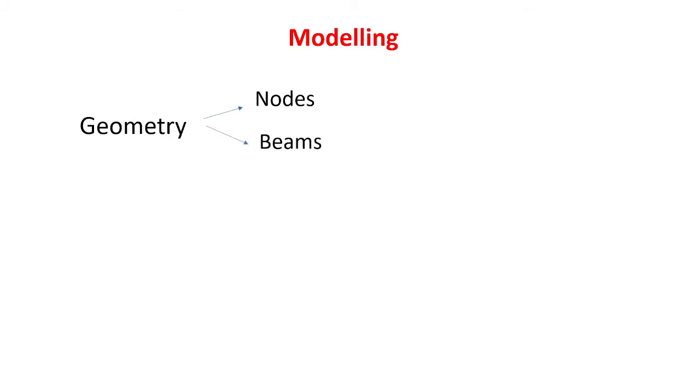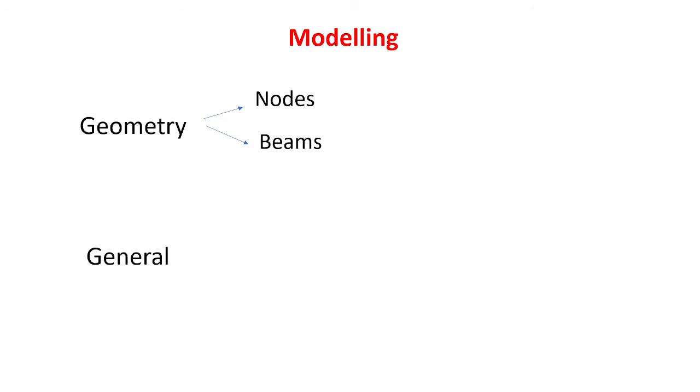For example, if you consider a residential building, and consider only the columns and beams, any column is a beam member basically. The column member, each member will have two nodes, the initial node and the final node, and from that column I can connect the beams. Again the beam element will have two nodes. So in the geometry we will make use of these nodes and beams and we'll form the structure, we assemble them.